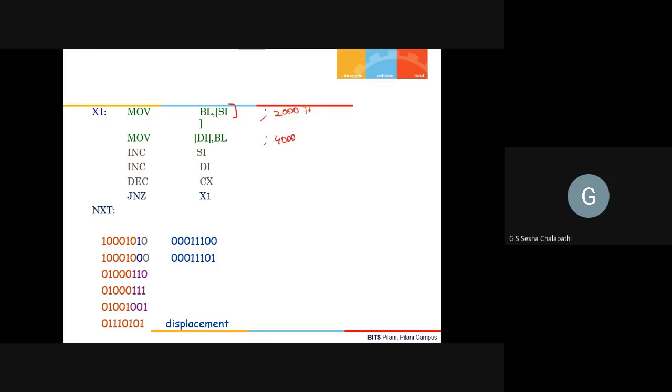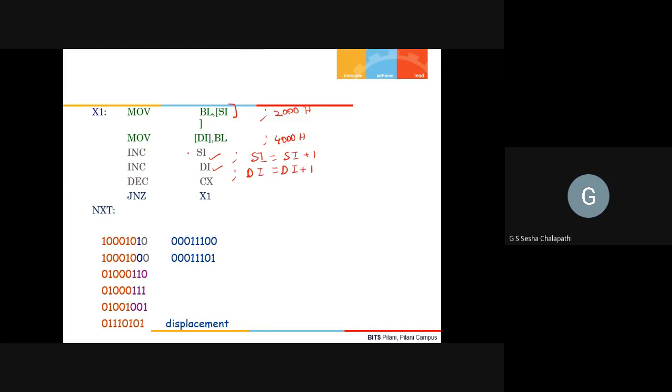Then I have to increment the values of SI and DI. So I increment SI and increment DI. Now SI is equal to SI plus 1, and DI is equal to DI plus 1. That is what will happen by this.